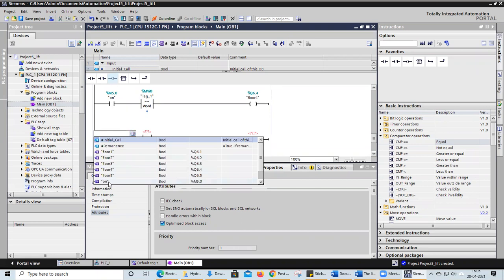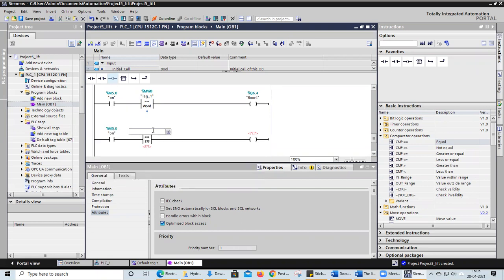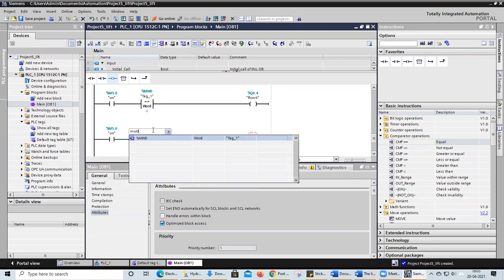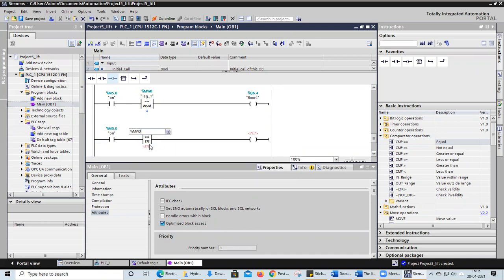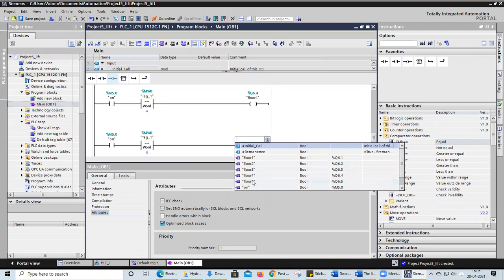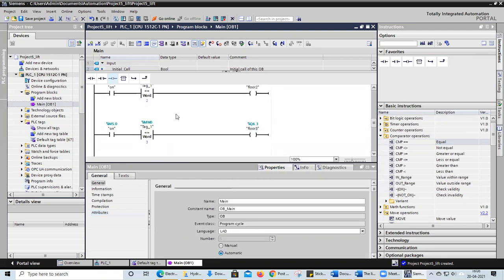This is my on switch, this is MW0, and this is my fifth floor. So I have written a program for 5 floors here.